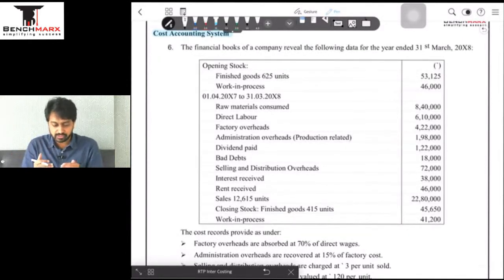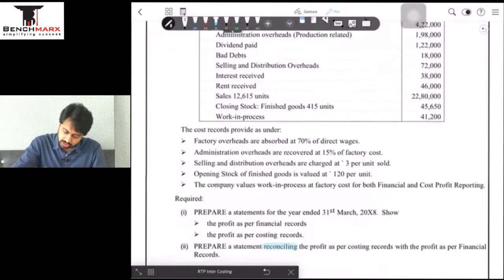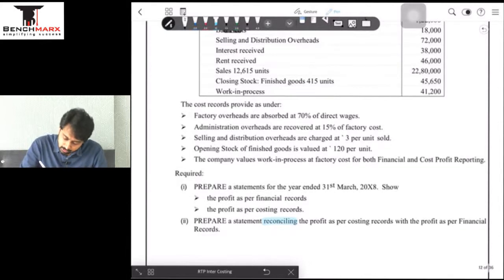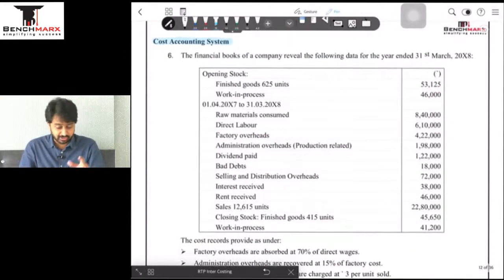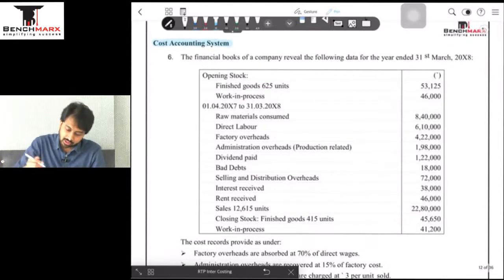So we are going to revise financial records. We are going to revise the cost sheet because I think in this question we also have to prepare a cost sheet, and then last we will be preparing the reconciliation. Okay, so let's start please. It is quite a good question to revise everything because cost sheet concepts will also be revised, reconciliation concepts will also be revised. So without wasting time, let us start. Question 6 please. The financial